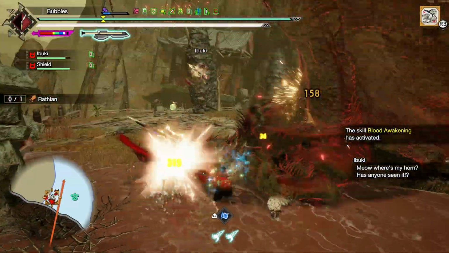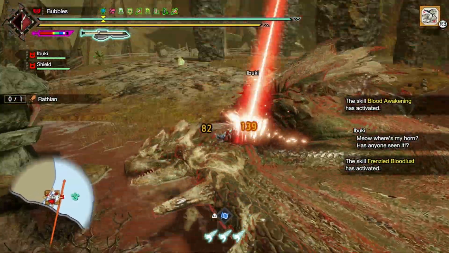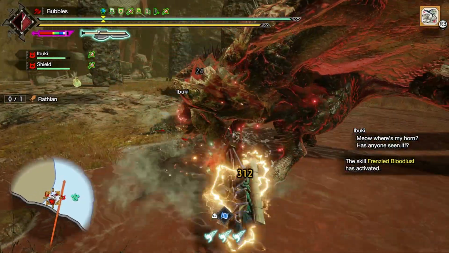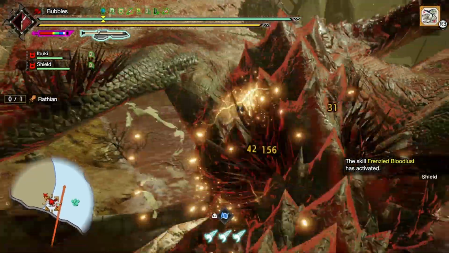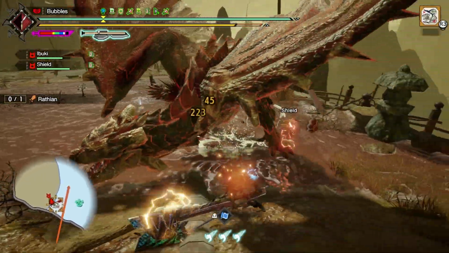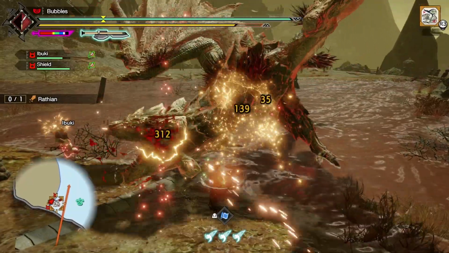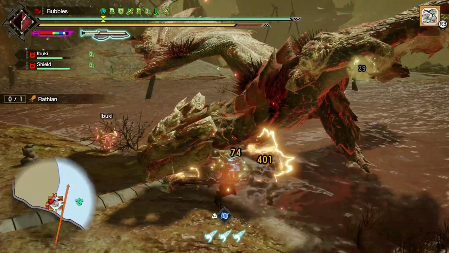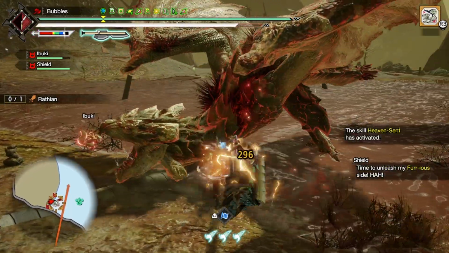For big damage. I've also got one Blood Awakening on here because I couldn't really think of anything else to chuck on this build. You couldn't quite fit Heaven Sent level 2. That would have been my next choice, but I couldn't actually fit it into the build with the skills that I wanted. So I went with this instead. Gives me a tiny bit of extra raw damage. It's not too big because you generally want,